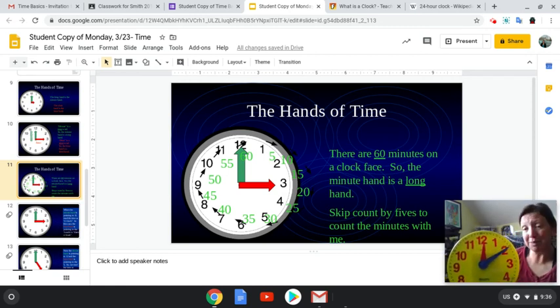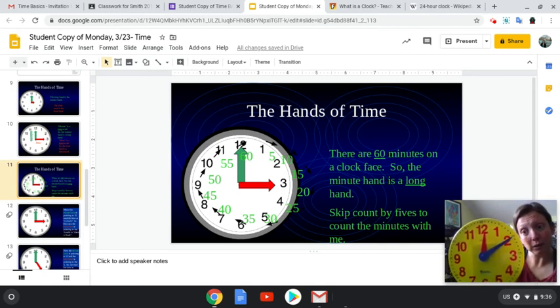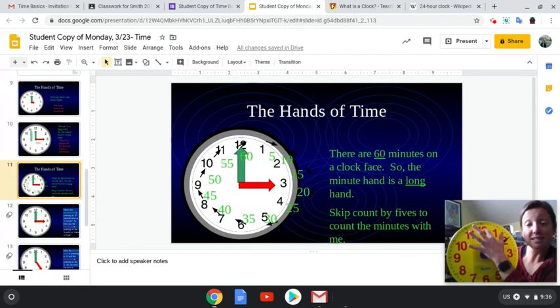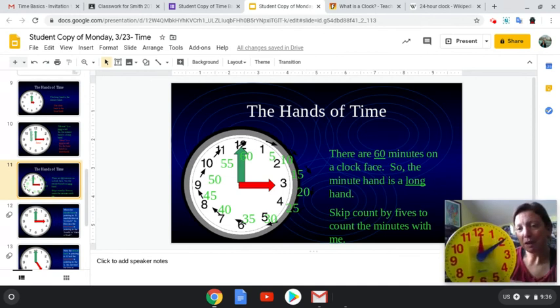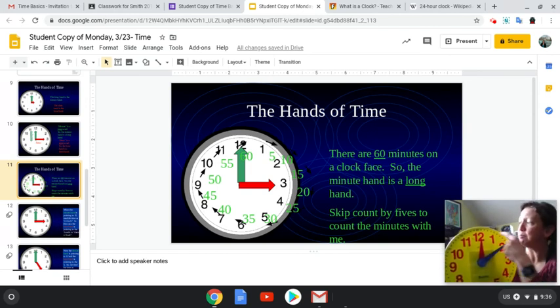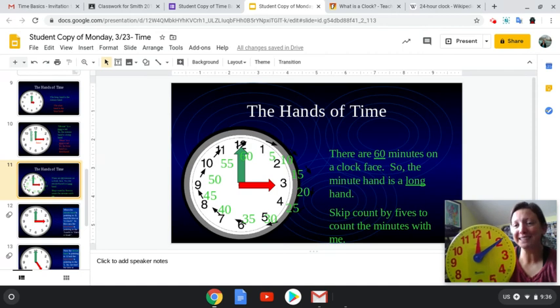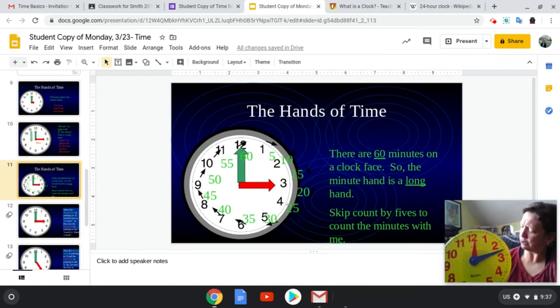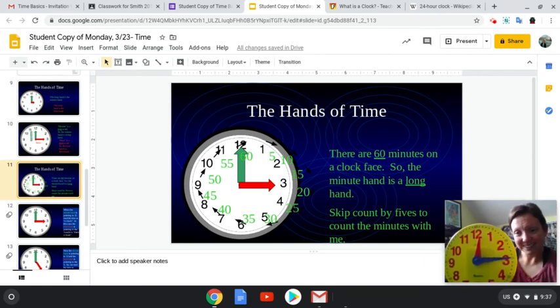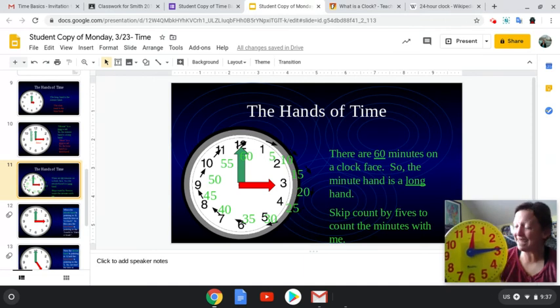This is 10 minutes past the hour. And what is our hour? Our hour hand is still in that 12's room. So the hour is 12. And right now, it's 10 minutes past the hour. So it would be 12:10. And as we keep going, if I count another 5, 1, 2, 3, 4, 5, now I'm at 15